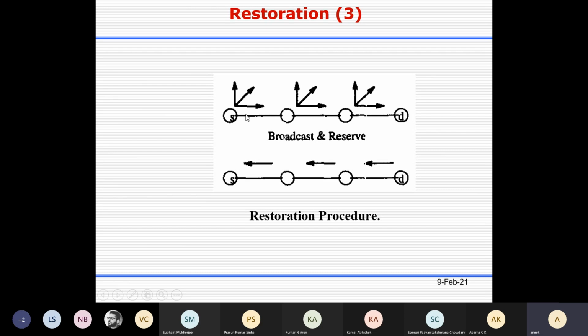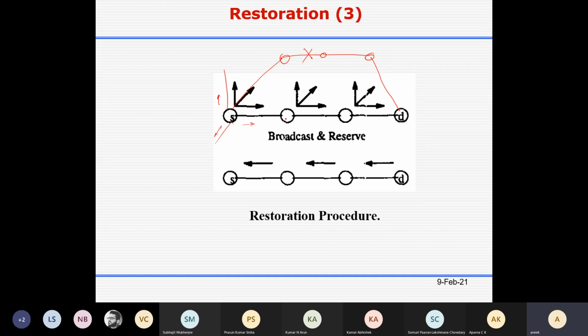It sends this broadcast message to all available outgoing links, because your path was something like this, and the cut is there, so you cannot send your traffic along this path to the destination. So whatever the existing links are, let's say there is a link like this, along this link it will send a broadcast message.